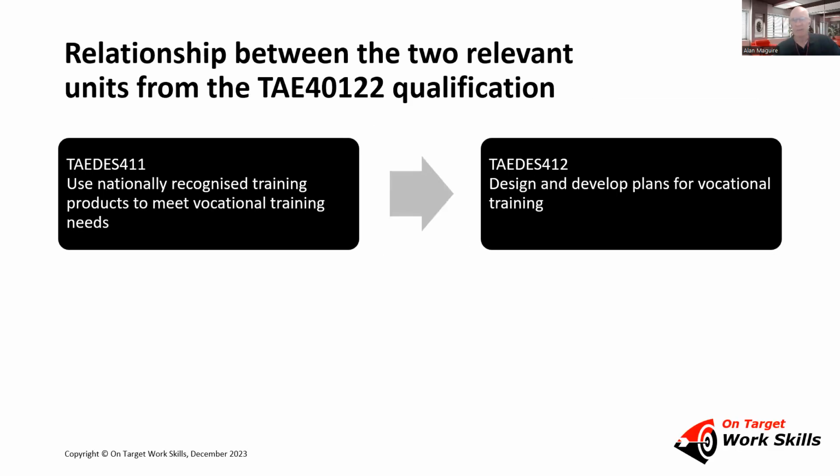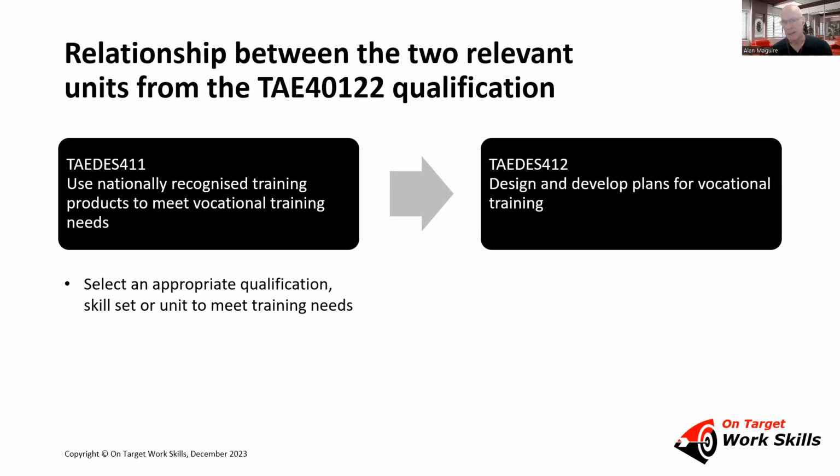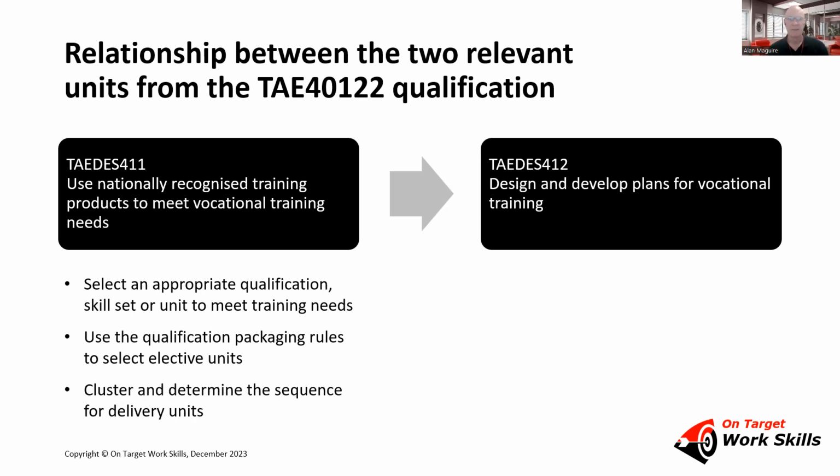In regards to what is the relationship between the 2 design units that are core units for the Certificate 4 in Training Assessment, the first unit that will usually be covered is use nationally recognised training products to meet vocational training needs. A major thing that you would do during this unit would be selecting an appropriate qualification, skill set or unit to meet particular training needs. You would use qualification packaging rules to select elective units and cluster and determine the sequence